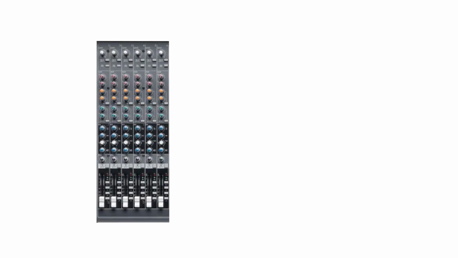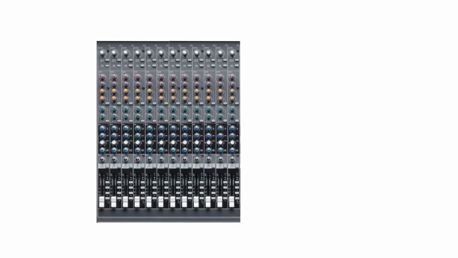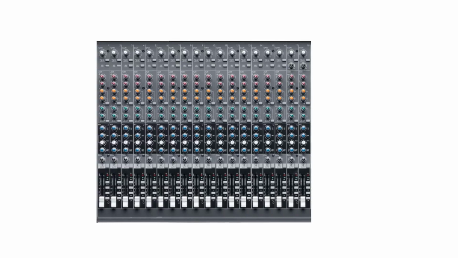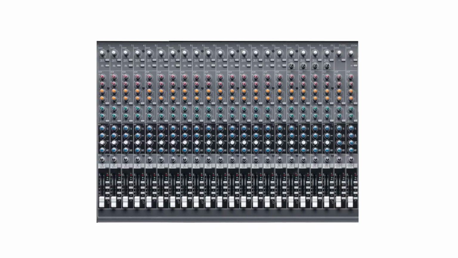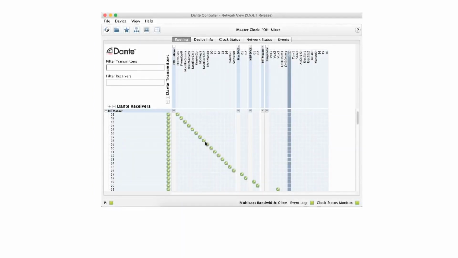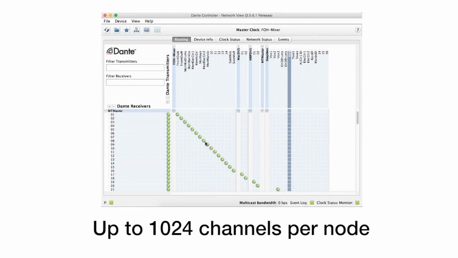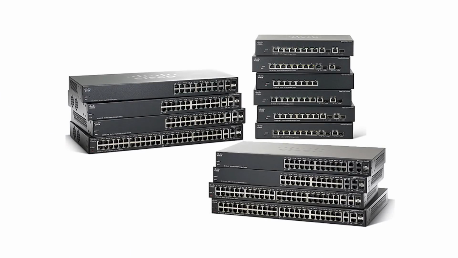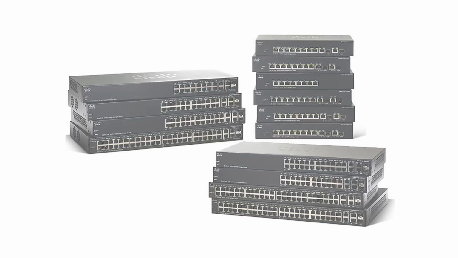Audio production has been marked over the years with a steady increase in the number of channels used in recording and live performance. Dante is ready for whatever the future may bring, with devices that deliver channel counts from 1 to 1024, and no upper limit upon the total number of channels in a network. Some digital audio network technologies require expensive special equipment in order to work, adding costs and limiting choices. Dante works perfectly on readily available network switches and equipment with no special requirements. Equipment in the field can be swapped out with easily obtained replacements.